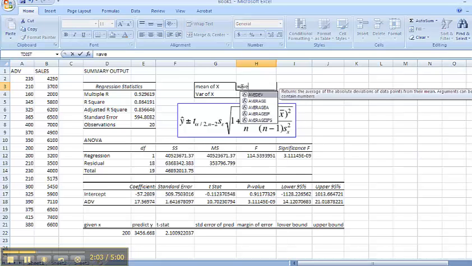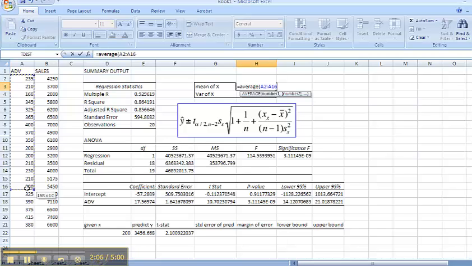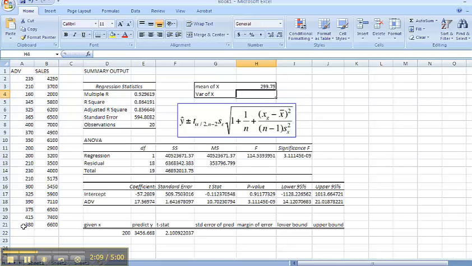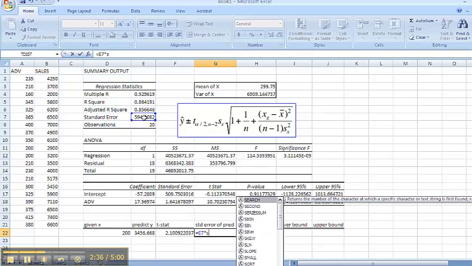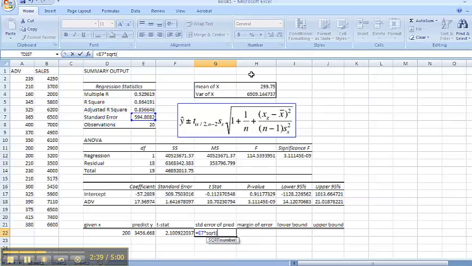So mean is average. My average value of advertising is 299.75. My variance of advertising is 69.9. Okay. So now I have the information necessary to calculate this first part right here, which is going to be from the standard error of the regression onward. So equals standard error of my regression times the square root of, my equation says 1 plus 1 over n,